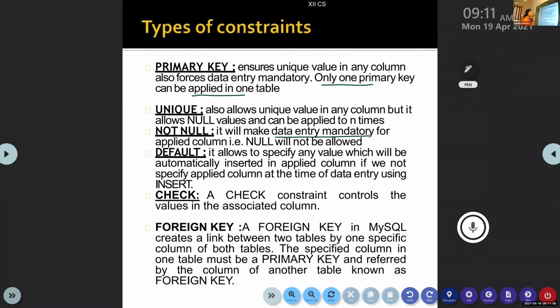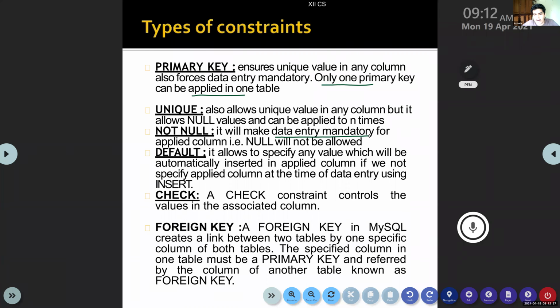That's the check constraint. Ma'am, unique means it also allows null values? Yes, it allows null values. That is the difference between unique and primary key. Not null constraint means it will not allow you to enter null values, but values can be repeated. If you need both conditions together, then we make that column the primary key. Or if you want another column to be unique and not null, you can write both.